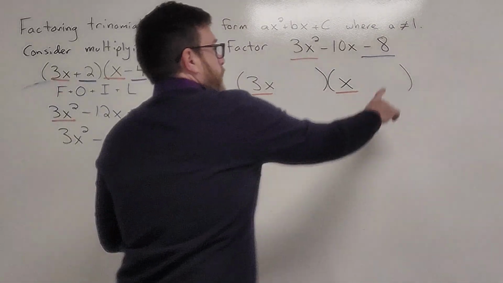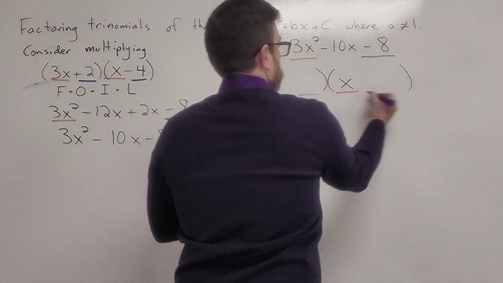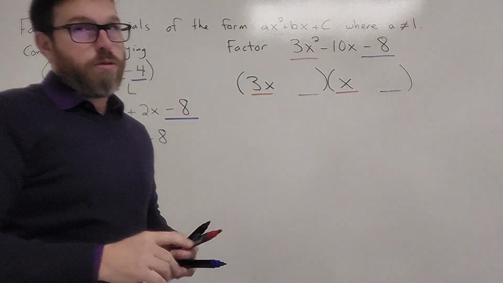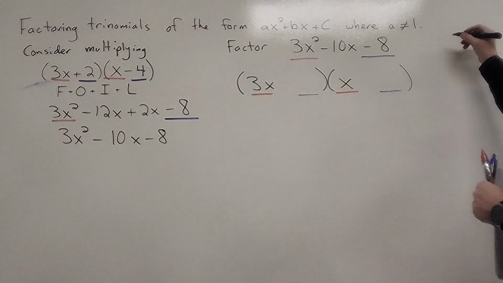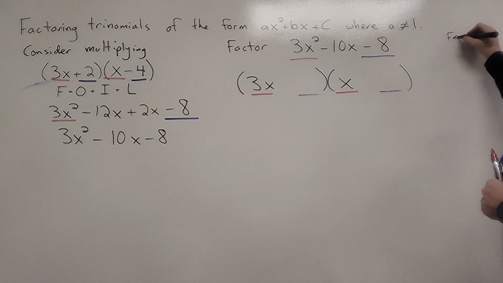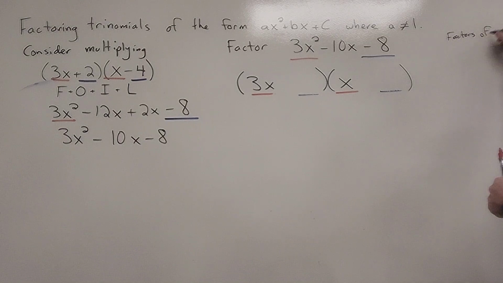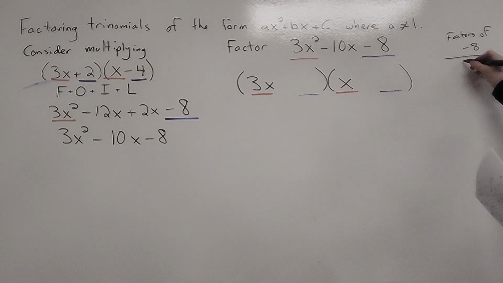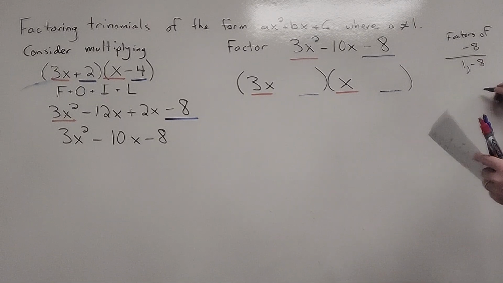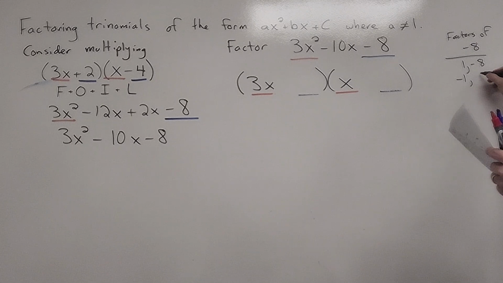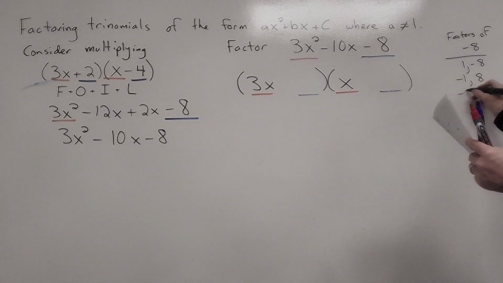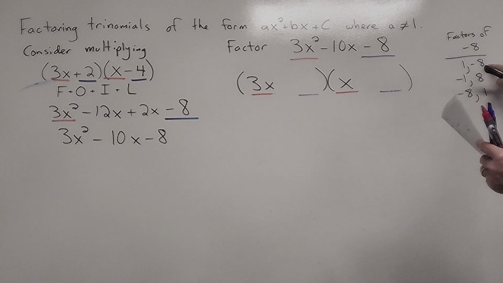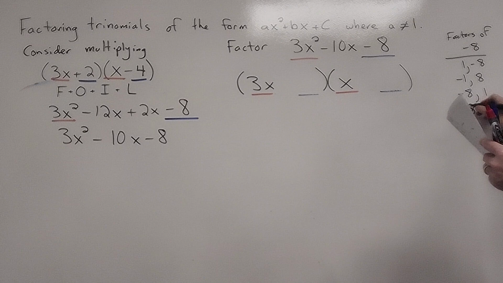So I know over here these two numbers are going to have to multiply to negative 8, but there's a lot of numbers that'll do that. So what we're going to do is build factors of negative 8. We know that it could be 1 and negative 8. It could be negative 1 and positive 8. We also can change these orders, so it could be negative 8 and positive 1. And I can also change this order, which would be 8 and negative 1,